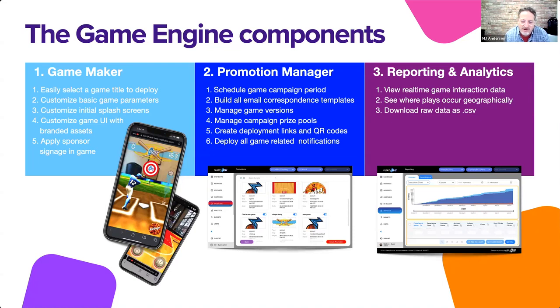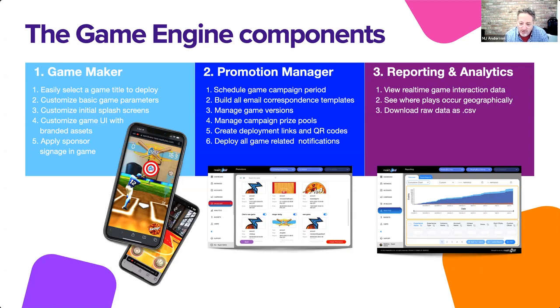The game engine in RealityBLU is actually a separate license to our traditional license, but it's extremely affordable, and it can be used in conjunction with our primary license. We can talk about that more in a bit. Essentially, the game engine is comprised of 3 components. There is a game maker, which allows you to choose a particular game that you want to run. It also allows you to customize the interface of the game, so you'll be able to apply all your own branding to it. You'll be able to change colors and add logos and so forth.